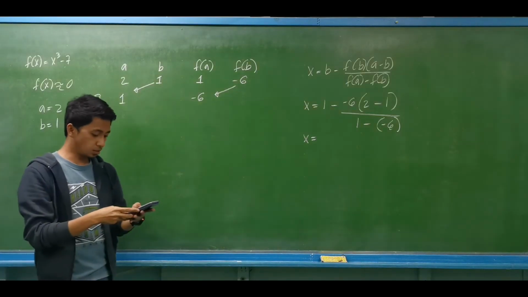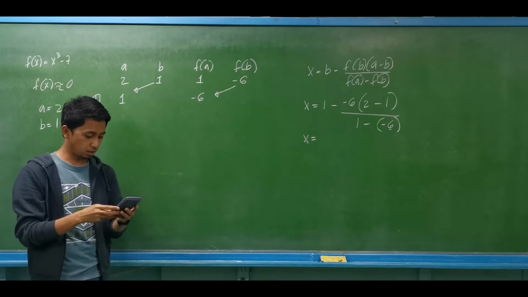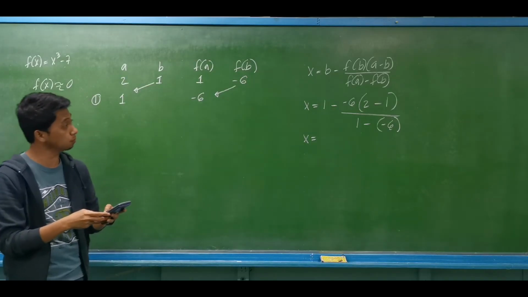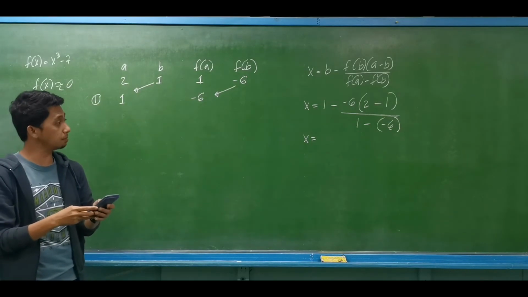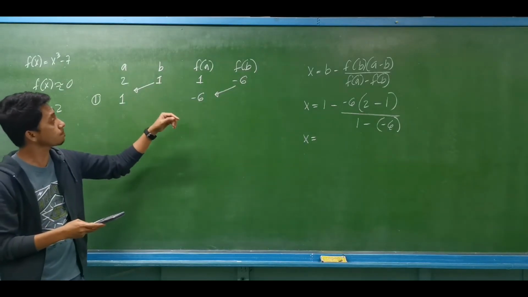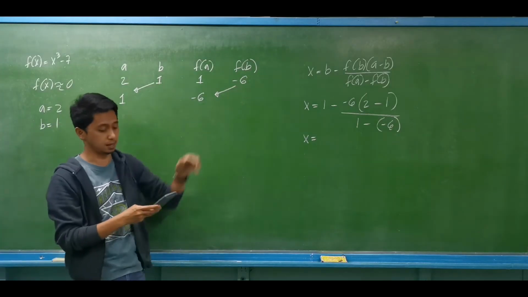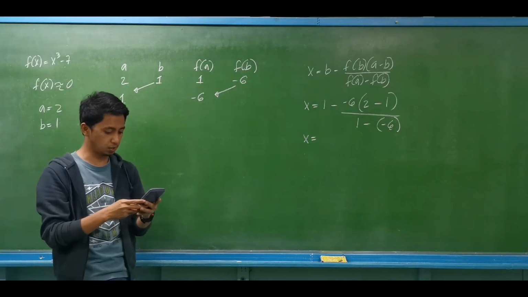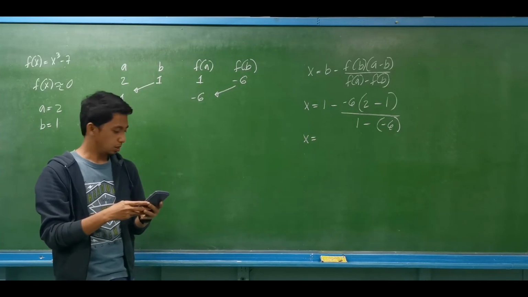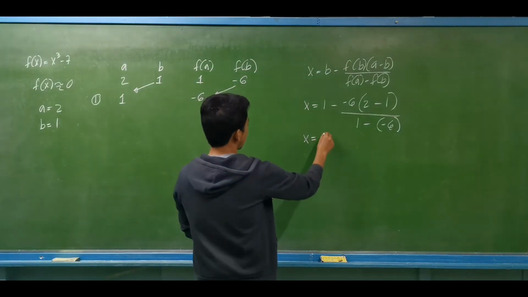So we have 1 minus negative 6 multiplied by 2 minus 1, divided by f of a. F of a is 1. The initial f of b is negative 6. So we have the new value of x is equal to